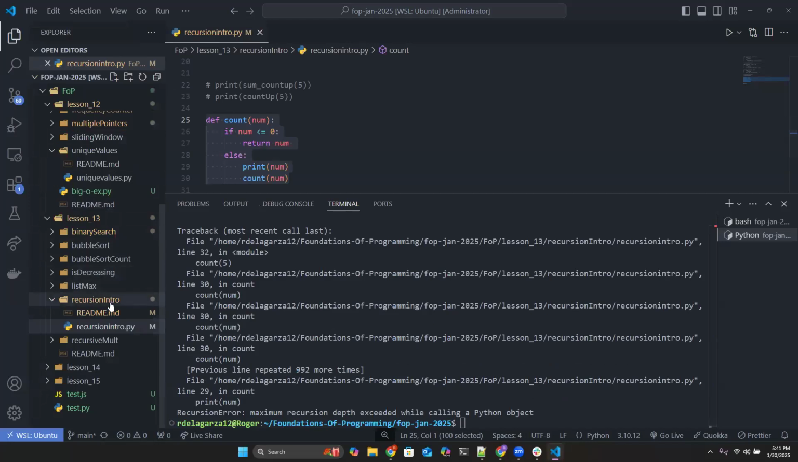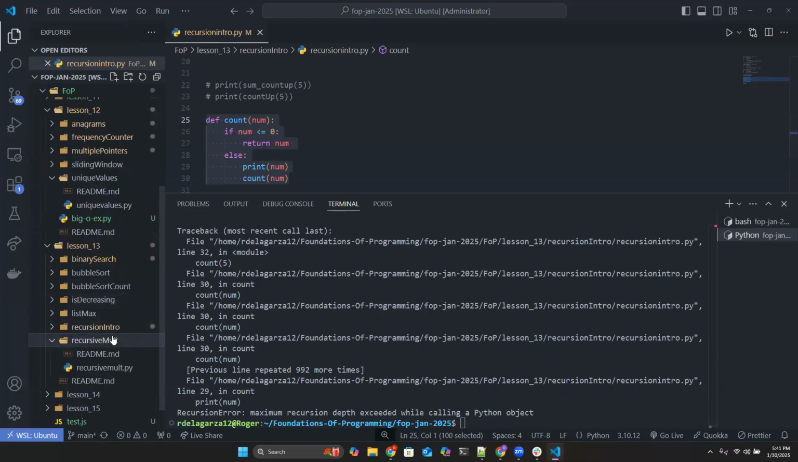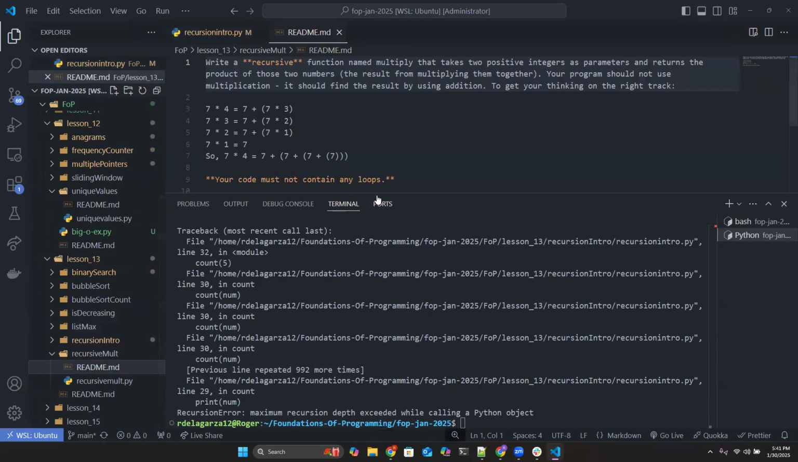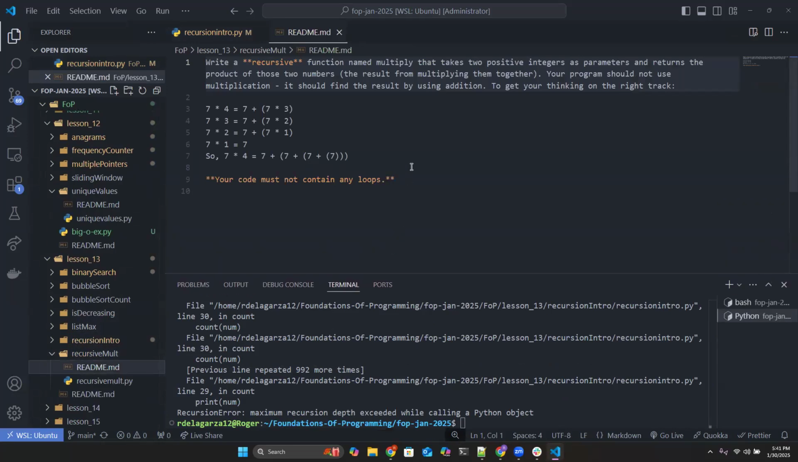I think this is a little bit annoying if I'm being honest with you. Recursive mult. Here we go. It's not going to take too long, but you're going to write a recursive function called multiply that takes two positive integers as parameters, right? And returns the product of those two numbers. So what essentially you're going to be doing is